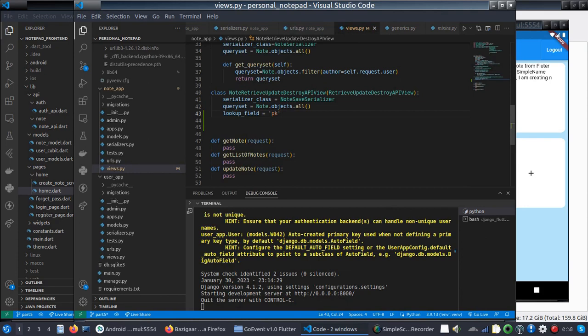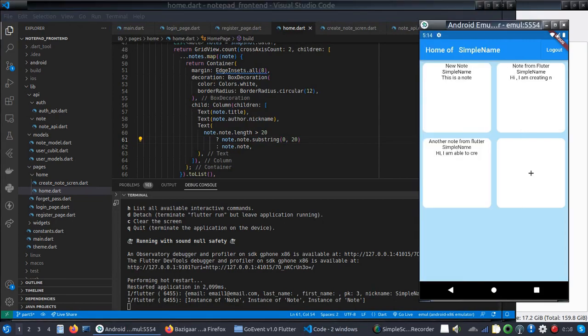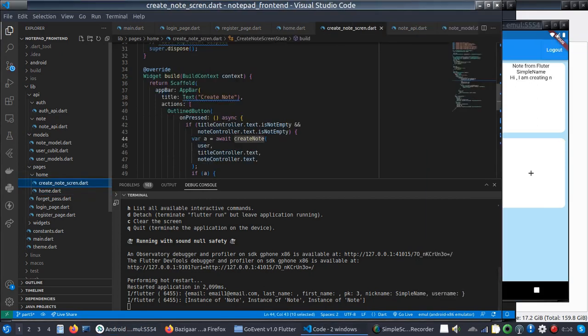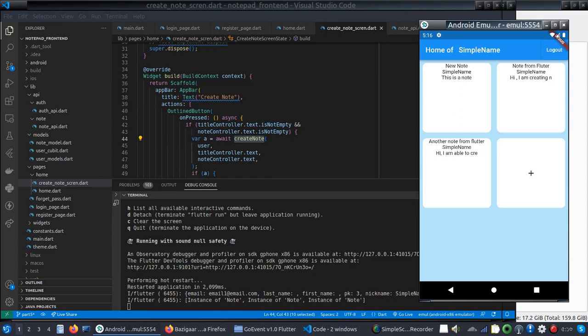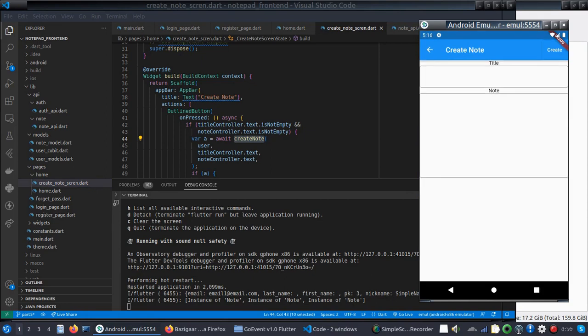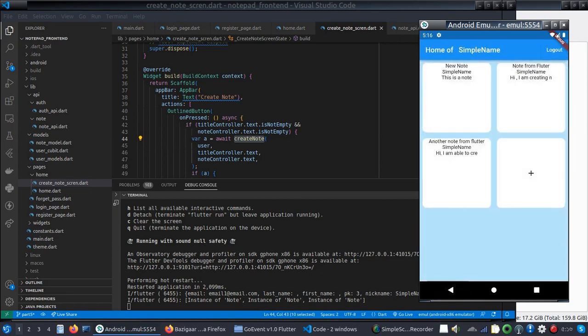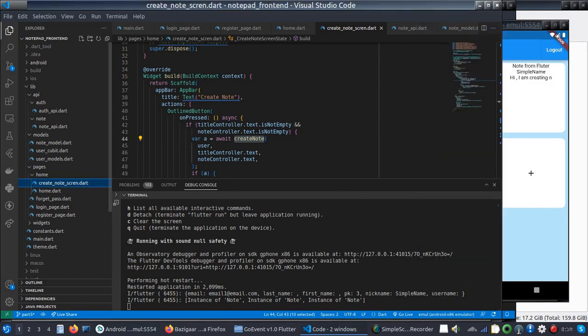Our backend is ready, and now we want to update. So in my case, suppose I want to update this one. There is a create note screen, and I can also create another screen. So this one was a create note screen, and once I click here, it takes me to this page. Our update note screen is the same, but the difference is this create note screen creates, and the update note screen will update. So I will create another screen,